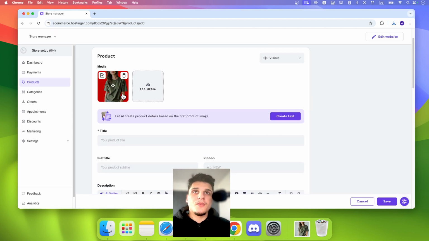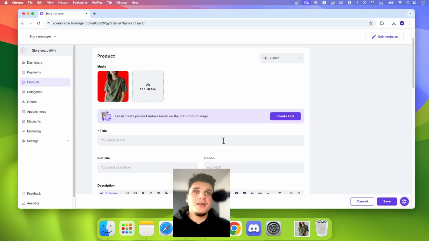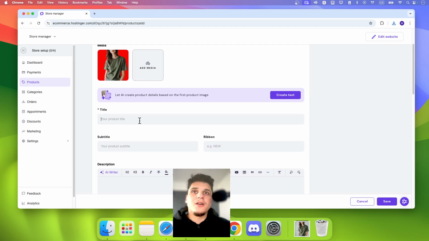Now we can change the order. You can also add a YouTube link from here, by the way. Just paste your YouTube link, maybe this link from your YouTube channel where you uploaded a video about your product, testing a product, or showcasing your product. Now I'll click on here an image. You can add another image, and you can change the order of the image with the video, like this, or delete. Now you can add a title, shirts here, subtitle, cool shirts, ribbon here you can add, and